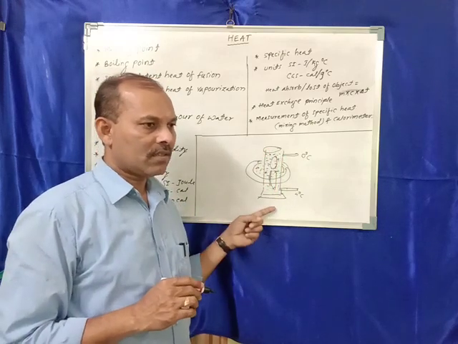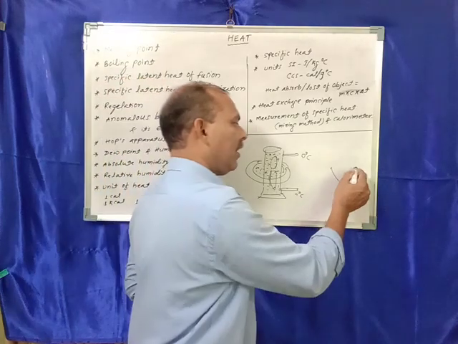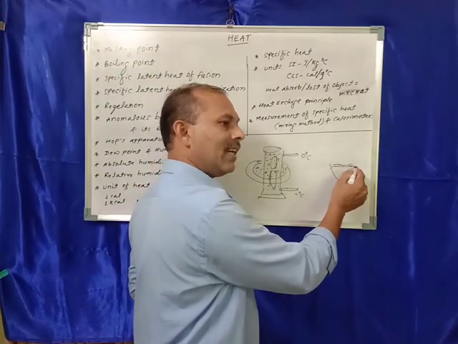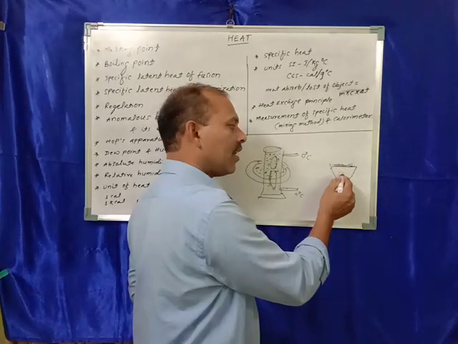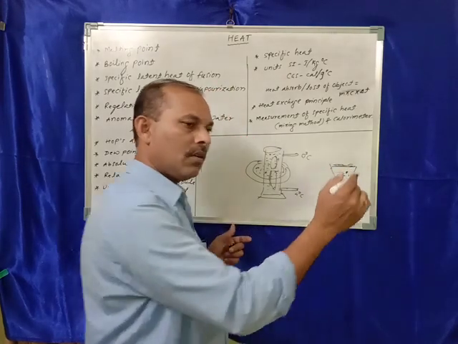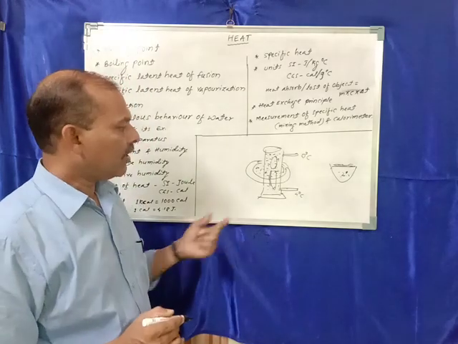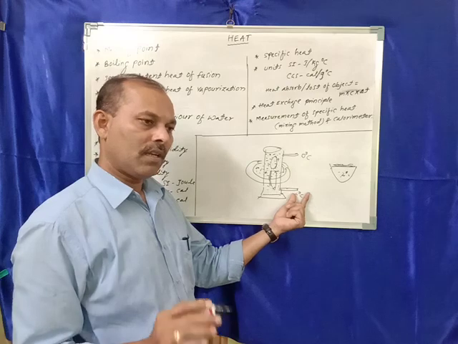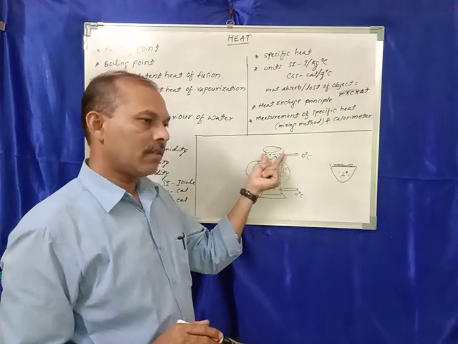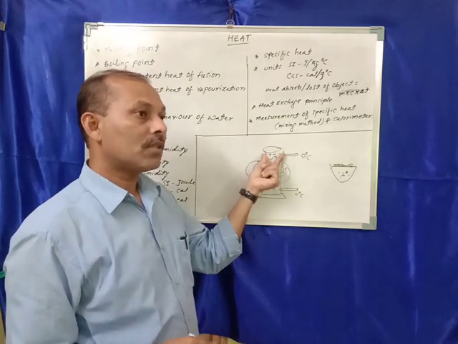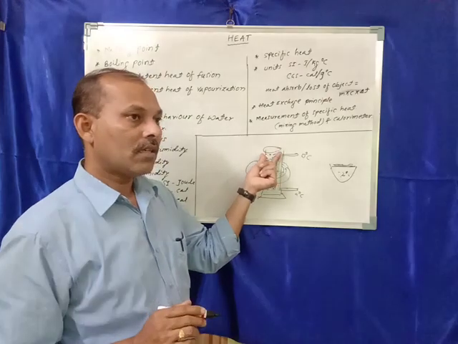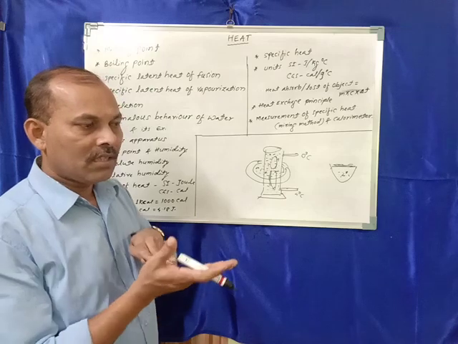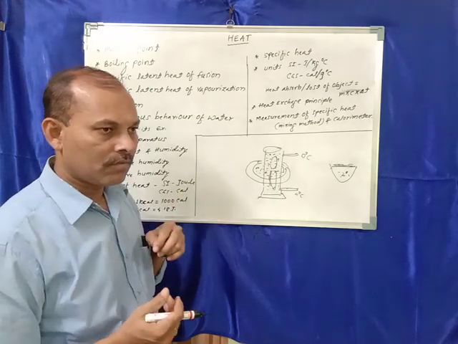So in this apparatus, like a lake, there is an ice slab on the upper side and 4 degrees Celsius water on the lower side. This water will be at 4 degrees Celsius in liquid state, and here that water is converted into ice, and the temperature of that ice is 0 degrees Celsius. That ice is floating on that water, because